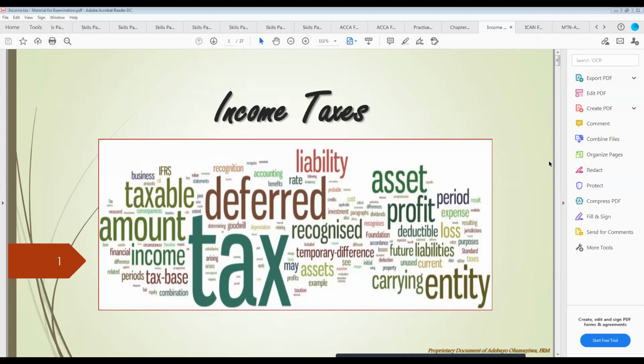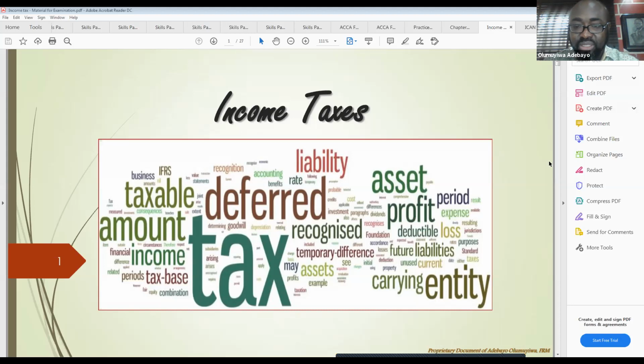Imagine you make profit and it's taking about 30% of it or more. You know it's very significant. And that's why you find that in the financial statement, we have to disclose income taxes as a separate item. Barely do you see returns in terms of dividends up to 30% of profit most times, but government is taking 30% regardless of the